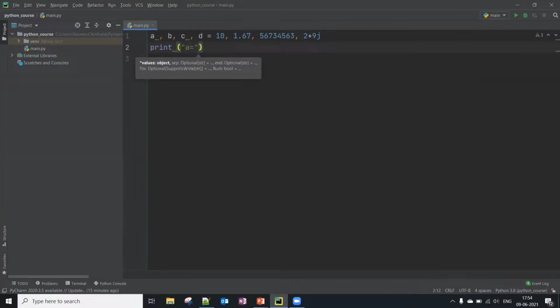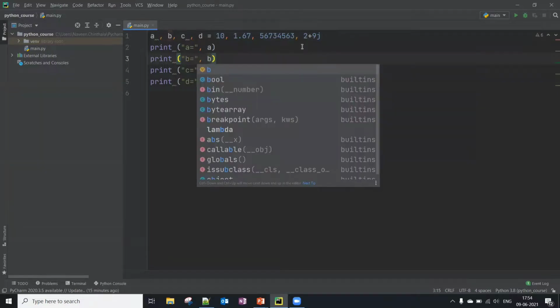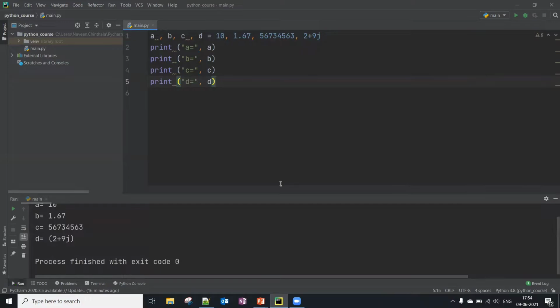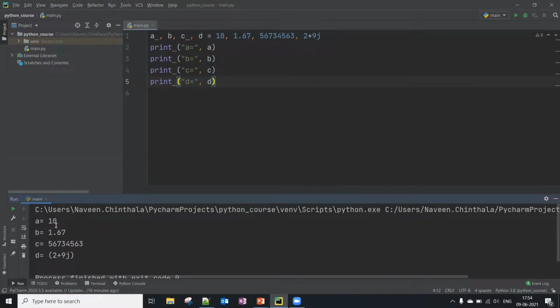Then I will display a here, and similarly the other variables also. I'm trying to print the values of the variables to see what is shown in the console. So just run this and see.